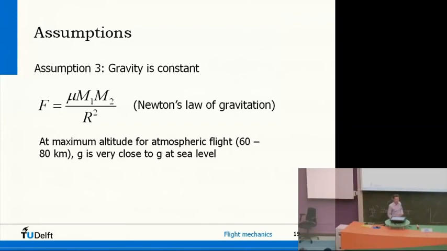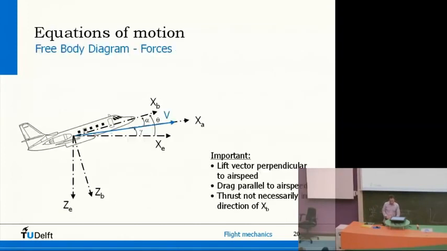Final assumption I'm making is that I'm going to treat the aircraft like a point mass. I'm going to treat it like a little ball, basically, and I'm going to see what kind of motion it will make. So these are the basic assumptions. And now back to our equations of motion. So this is the picture I just made before. And what I'm going to do now is make a free body diagram with all the forces, and a kinetic diagram with all the accelerations of the plane. Combining those will give us the equations of motion.